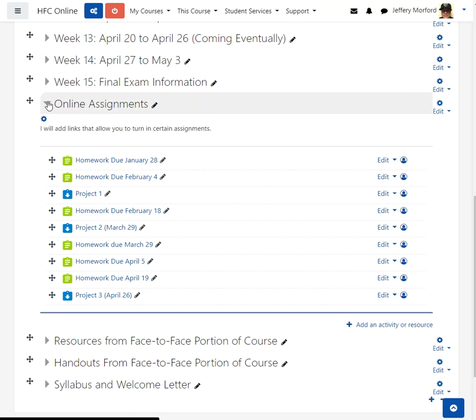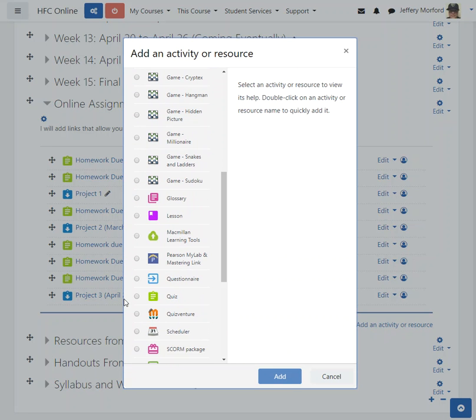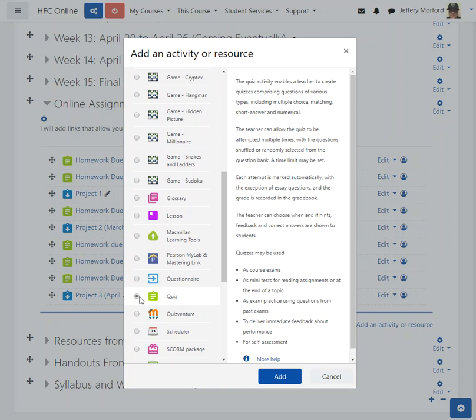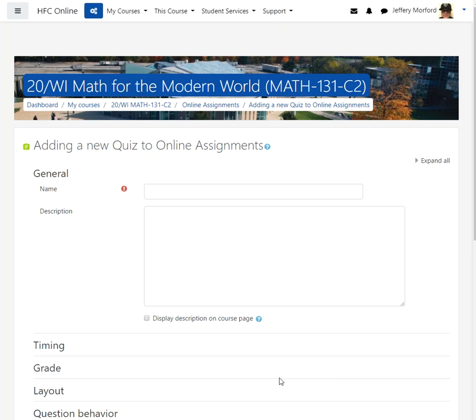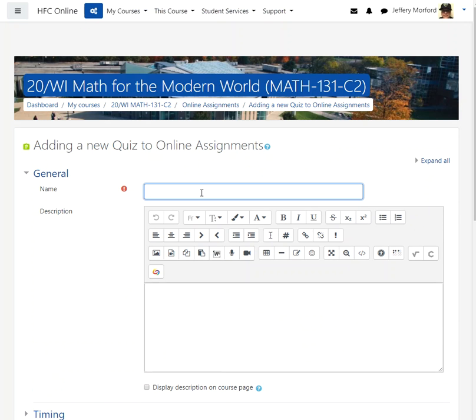So go to whichever section you want to add it and add your activity. Look for quiz. The name can be whatever you'd like to call it. This is a homework for me, so homework due April 26th, and then you can have whatever description you want. Complete this homework